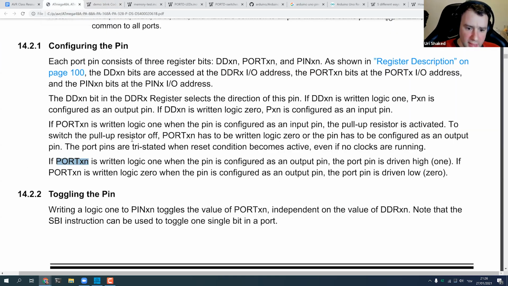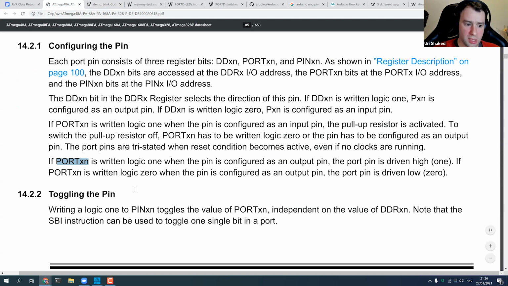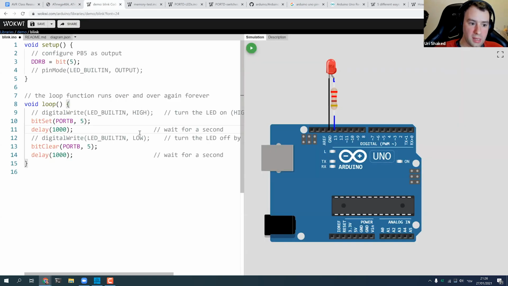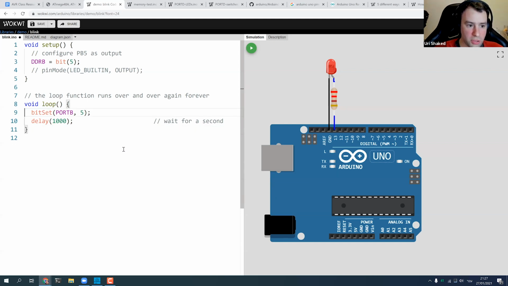And then there is another interesting bit of information. It says that writing logic 1 to PINxn toggles the value of PORTxn independent of the value of DDR. So instead of setting it to high, then setting it to low, if we just do it like that, it will always be on.